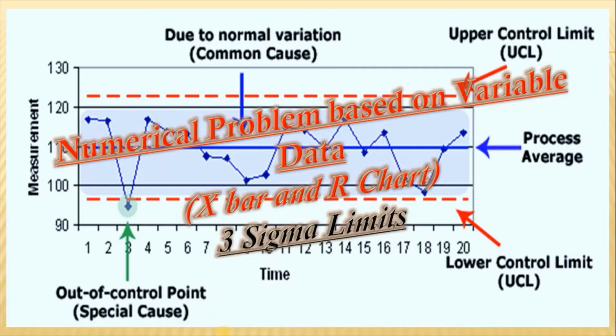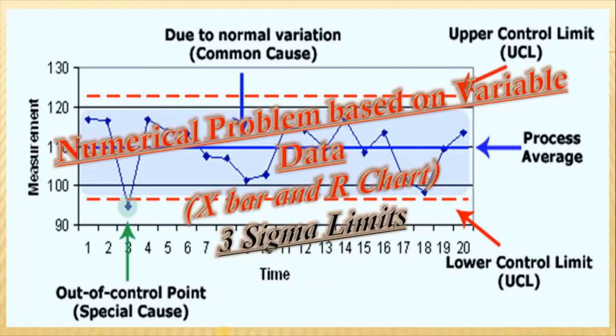In these 3 sigma limits we are calculating to check whether the products are coming under the process capability or not. Process capability may be defined as the minimum spread of a specific measurement variation which will include 99.7% of the measurements from the given process. In other words, process capability is equal to 6 sigma, where 6 sigma is taken as a measure of the spread of the process, which is also called the natural tolerance.